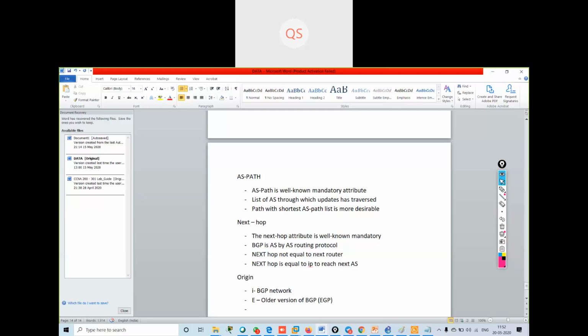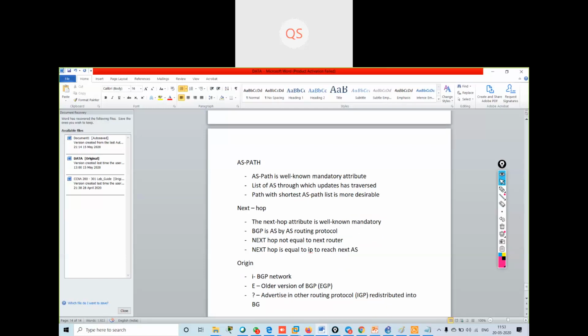If you see a question mark, it means they were advertised in another routing protocol, you can say IGP, and redistributed into BGP.